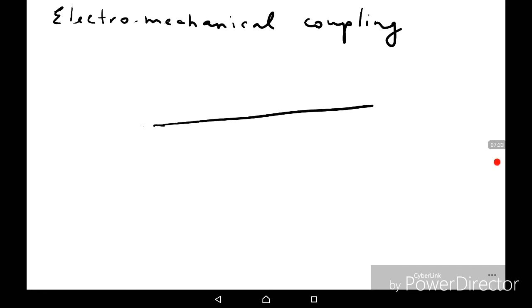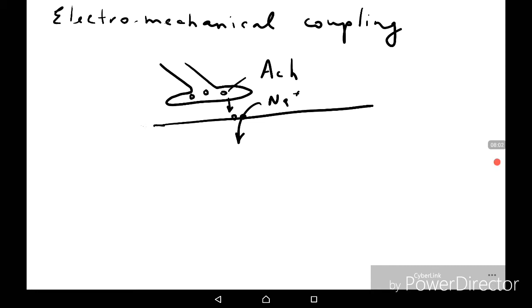The muscle fiber, this is the surface of a muscle fiber, is stimulated by the nerves which produce synaptic contacts. We have vesicles with acetylcholine that is produced, released, binds the receptor on the surface of a muscle fiber and induces the sodium influx and the depolarization of the muscle fiber.